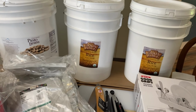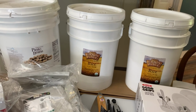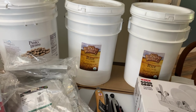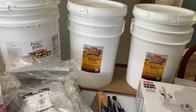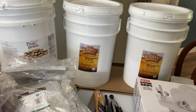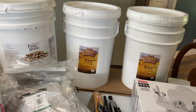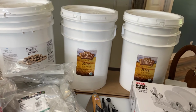It is expensive, but there's a reason why I went ahead and got them. One reason is I do know that it is organic, long grain brown rice. I'm usually not buying organic rice, and I do want to make that more of a priority. So I do know it's organic rice. It also comes from an excellent farmer. And on top of that, the big appeal for me is I literally have to do nothing because I know